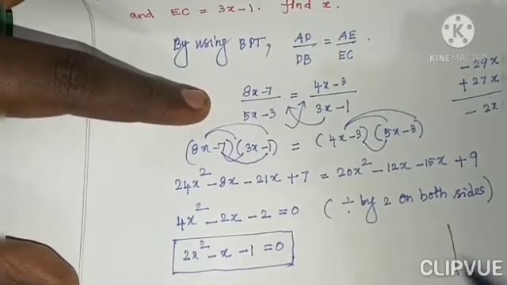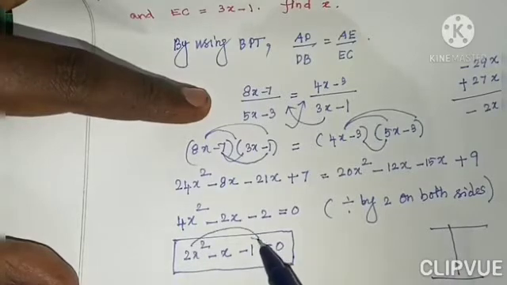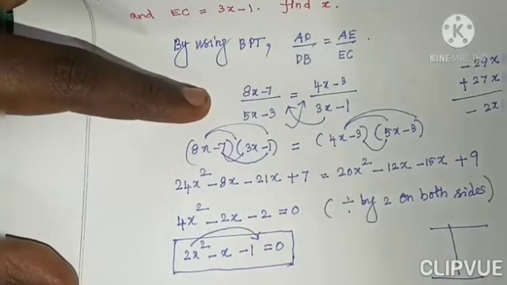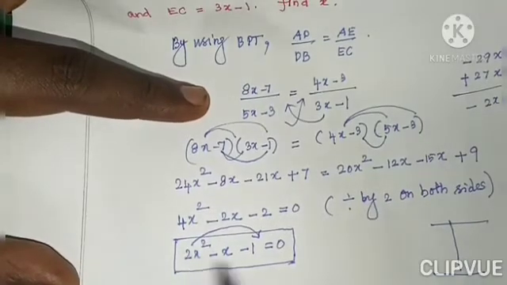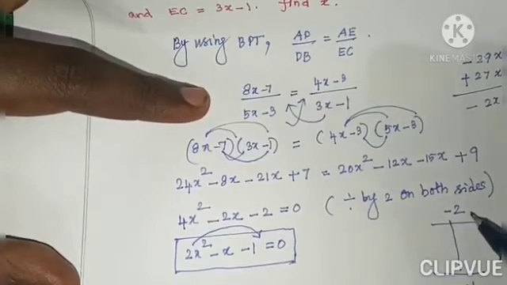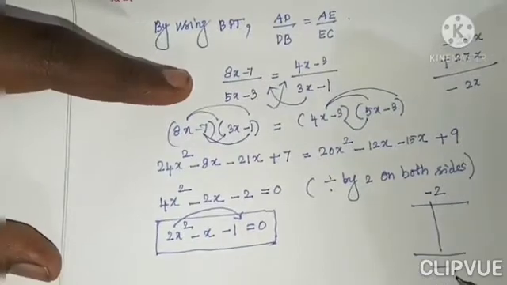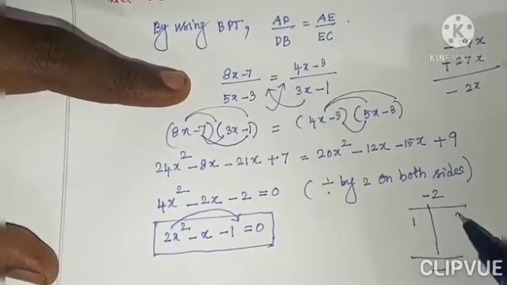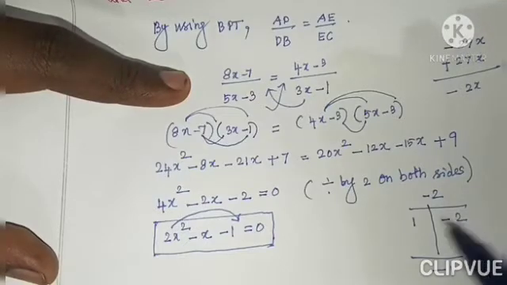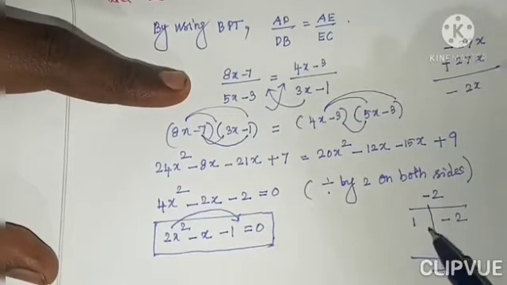If the coefficient of x square is not 1, we want to multiply it by the constant term. So this 2 into minus 1 gives minus 2. We need two numbers whose product is minus 2 as well as the sum of the same two numbers is equal to minus 1. What are they? 1 and 2. If you assign minus to 2, when we add it leaves minus 1, when we multiply it leaves minus 2. See, don't forget to do this.